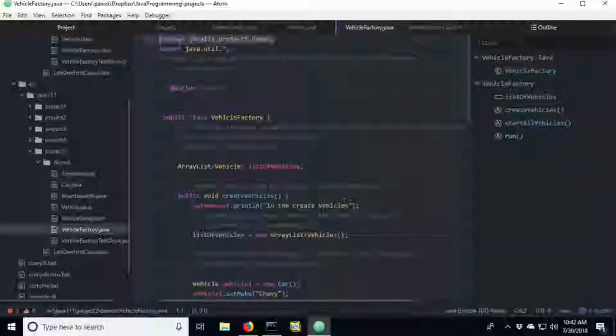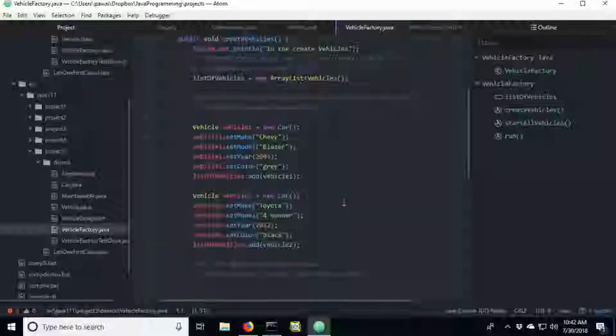So if we take a look at the vehicle factory, if you remember, we've got vehicle as an abstract class, and then we have car and airplane as our concrete classes. And here you can see that I'm instantiating two car objects and then setting some different values on those. And so what I want to do in this video is, rather than calling the setters, I want to get this set up so that I can instantiate a car and pass in all of the values right up front.